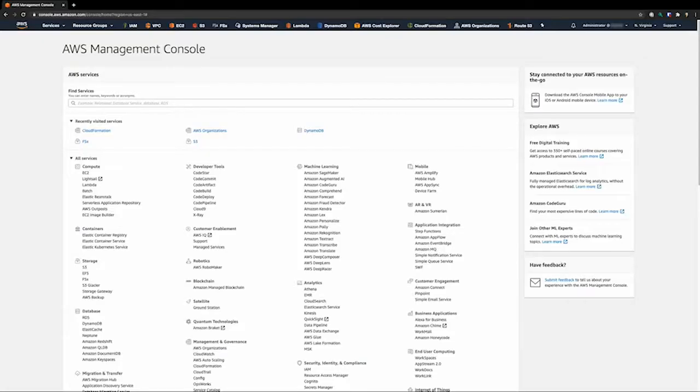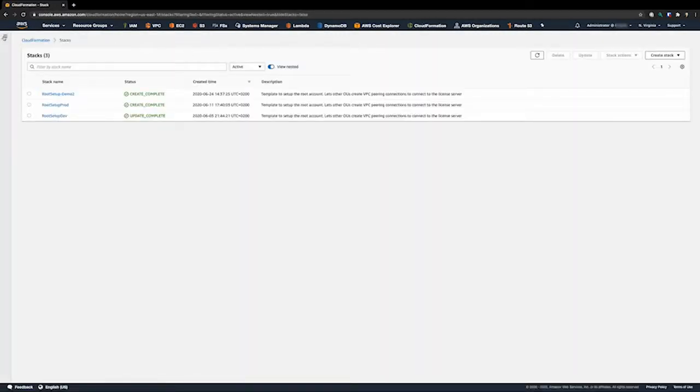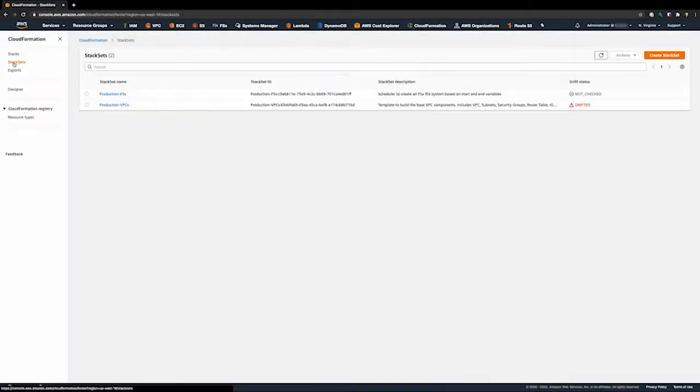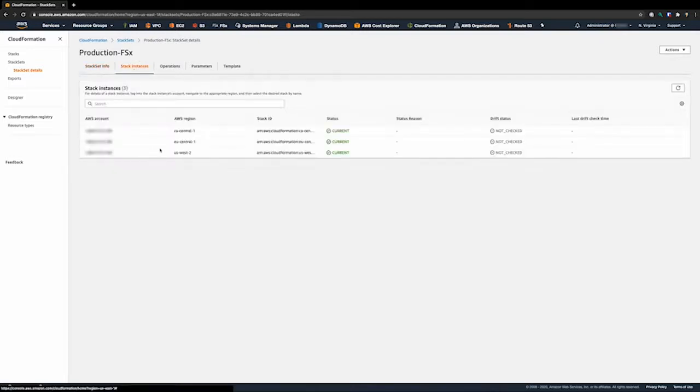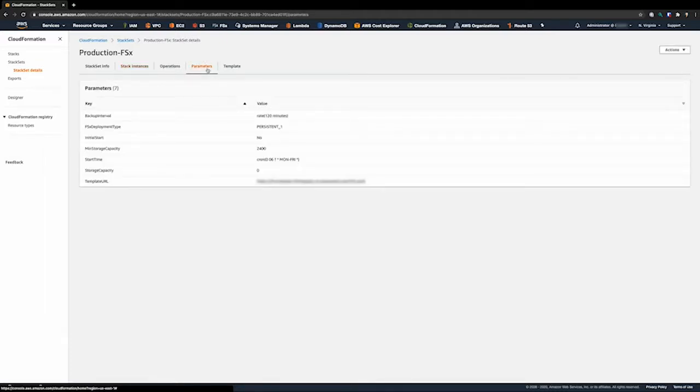Let's have a quick look at how this is implemented in the console again. I'm going to jump over to the CloudFormation console again, and under StackSets, next to the VPC stacks that we already looked at, we have an FSx StackSet as well. This is also centrally deployed to all our production regions, in this case ca-central-1, eu-central-1 and us-west-2. If we take a look at the parameters, we have a backup interval which can be set